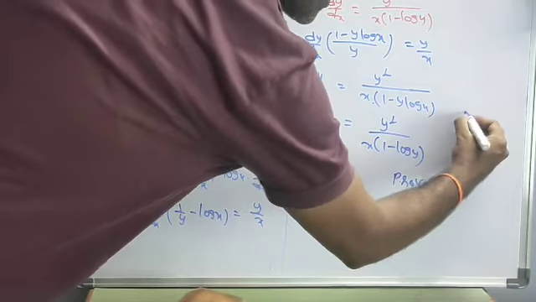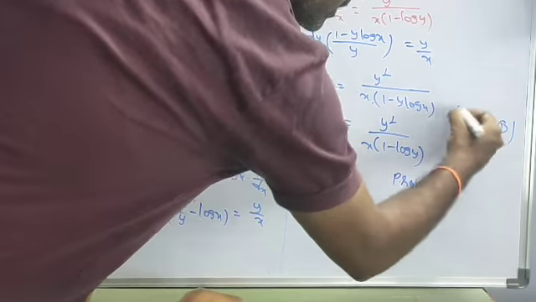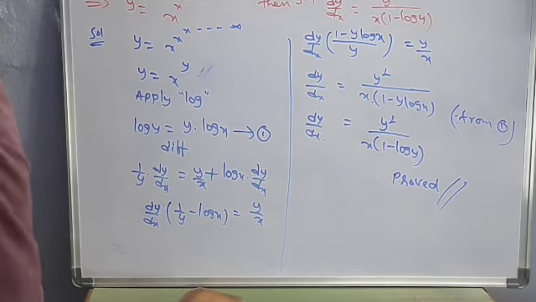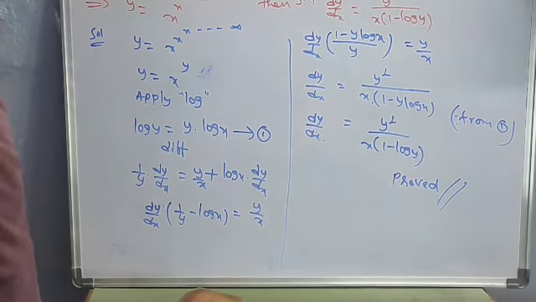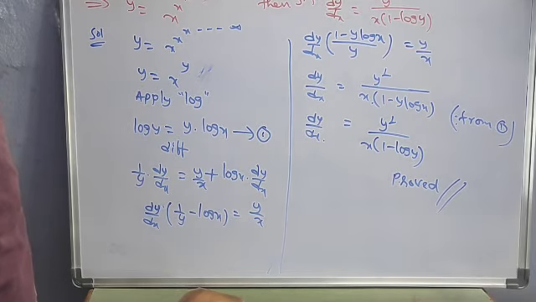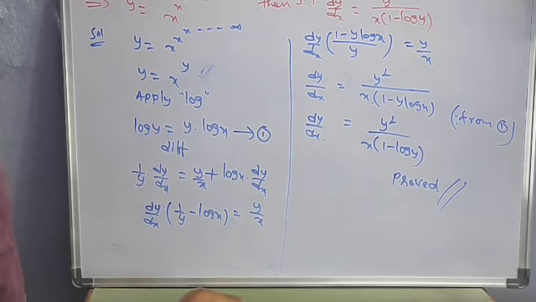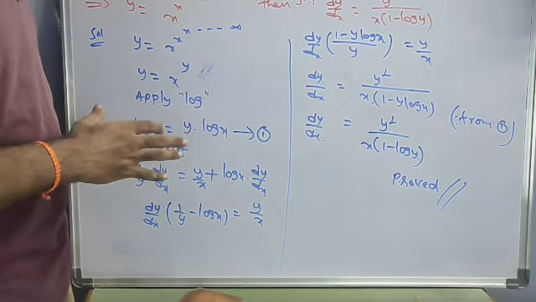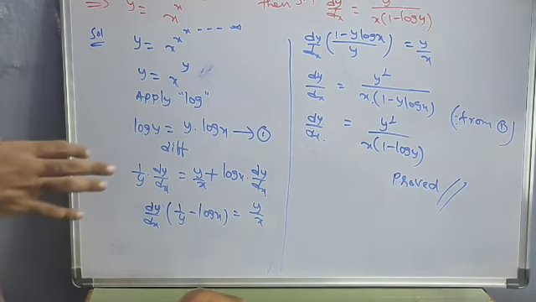Okay, from 1 we can solve the problem like this. So these types of functions, implicit functions, we cannot convert into y equal to some phi of x. Okay, in our given problem we have x terms and y terms. x and y variables are there, but we cannot convert into y equal to some phi of x. That type of function is called an implicit function. In this solution we can use logarithms also. Okay, so these are the models in implicit functions.